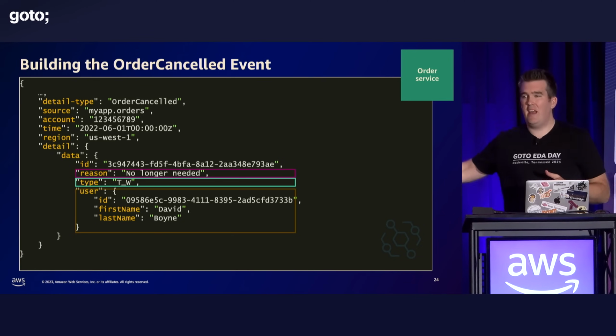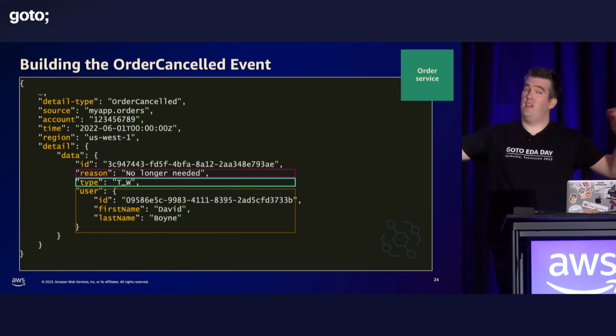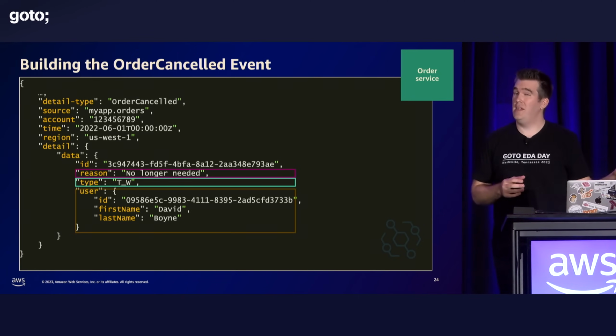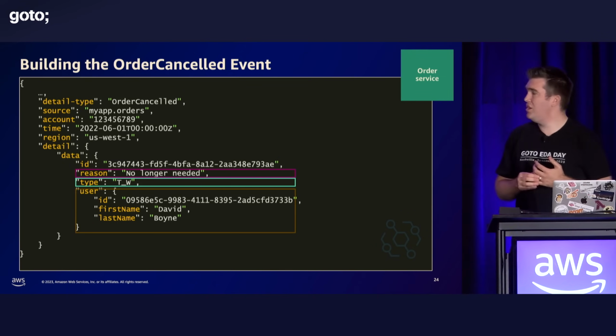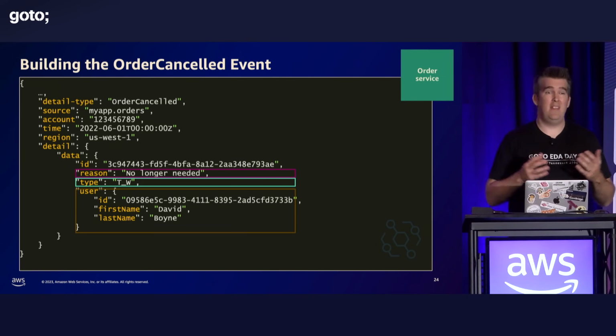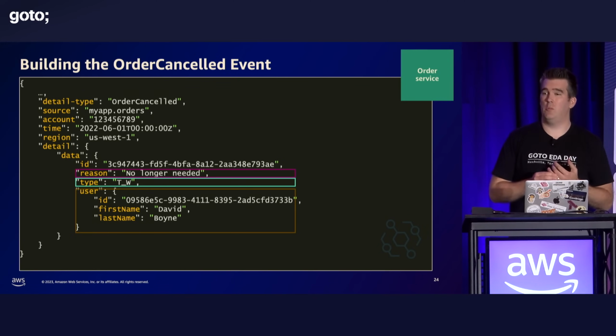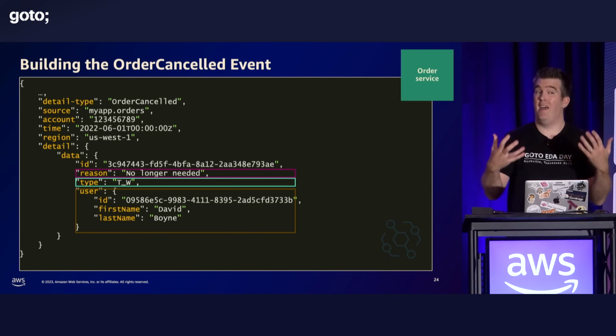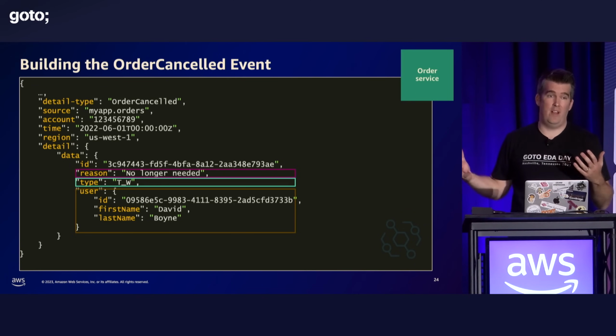Down here, we decide to have the user. We had the user in the other event. We had the user ID. But now we have an object. Okay, maybe this is good, maybe not. Now, why is the first name and last name in the event? Can the consumer have this? Are we regulated? Can we actually share PII information in our events?